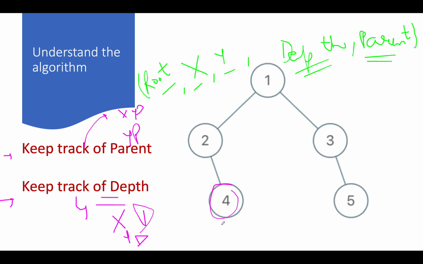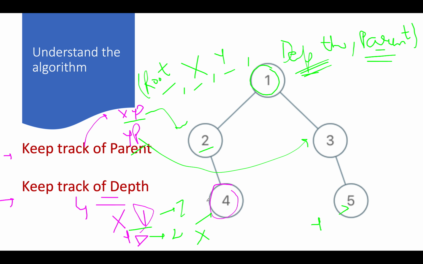So let's assume the same case that x is given to us as 4 and y is given as 5. We'll start the iteration in a DFS fashion. We will keep on passing the parent and incrementing depth as we progress down the subtrees from a particular node, incrementing the depth by 1 with each iteration. The value of depth for x would be stored as 2, the value of yd will be stored as 2 again, and xp would be 2 and yp would be 3.